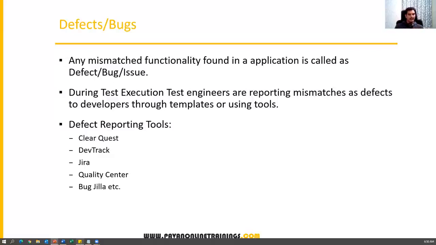We will have bug tracking or defect tracking tools. There you will get a small form. In that form, we will fill in all the details, like the defect ID, which is automatically generated, defect description, what is the severity, what is the priority, what are the steps to reproduce the defect, and who is reporting the defect. You can attach a screenshot for the defect,